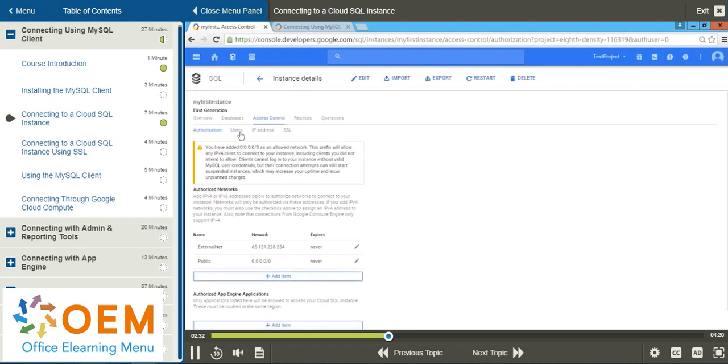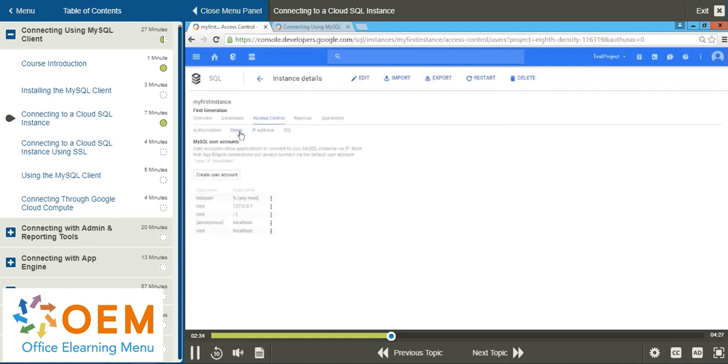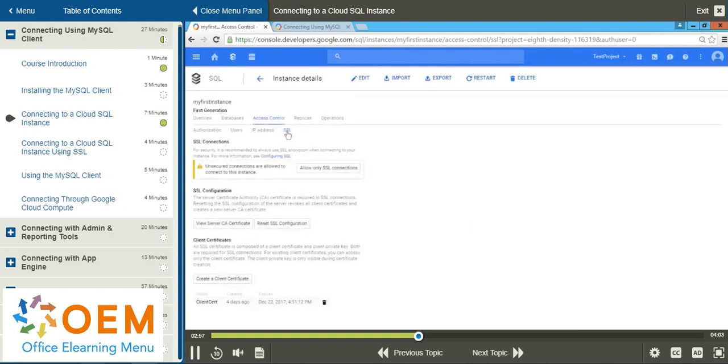And then, of course, under users, this is where you can either create a new user and specify from which host they can connect, and I have mine set up from any host, or you can just make sure that you have a root password here. So just click on the ellipses and set the password for the root at localhost at least. That's the one that's used by default. Under SSL, since we are going to use an unsecured connection for this demonstration,